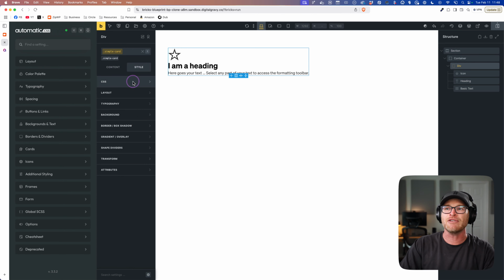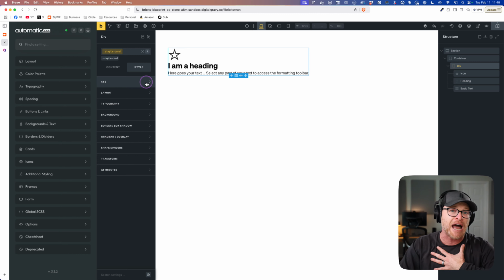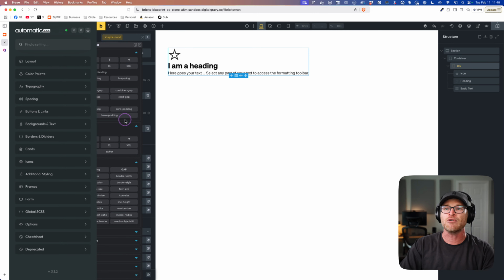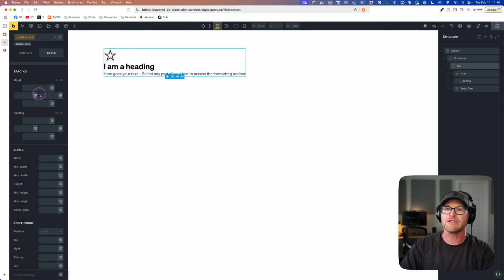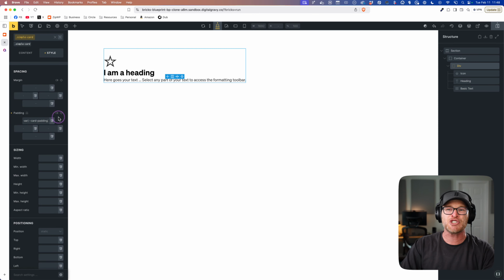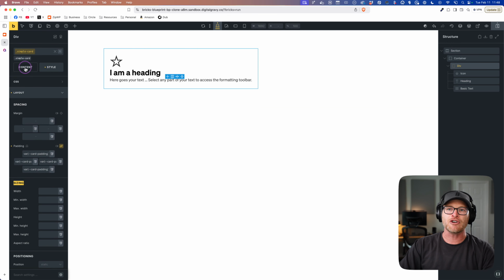So if I'm gonna style this card, there's a few ways to do this. Of course, I can write my CSS, that's what I would do. But if you don't wanna do that, you can come into padding, for example, and right click. I'm gonna close the dashboard because we don't need it for a second. I'm gonna right click this and you're gonna see something called card padding now. That's the abstracted card variable for card padding. You're gonna see something like card gap.